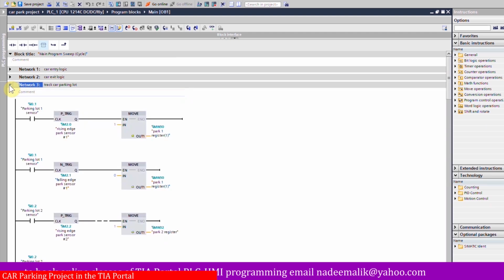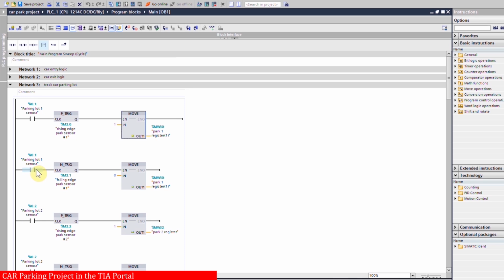It will keep track of the parking lot. When the car is parked inside parking lot number 1, the sensor I0.1 turns on, and on the rising edge of the sensor, the move command gets activated. It will move a 1 in the memory word 30 to indicate that there is a car inside parking lot number 1. Next, as the car leaves parking lot 1, on the negative edge of the sensor I0.1, it will move 0 in the memory word 30